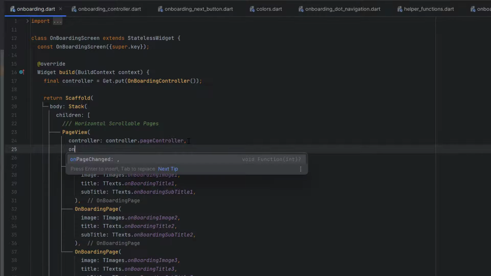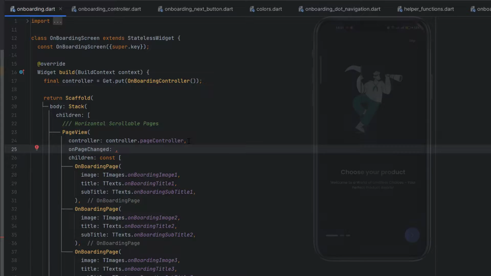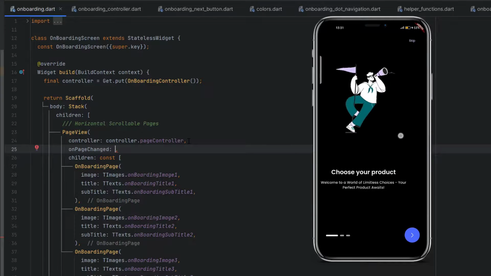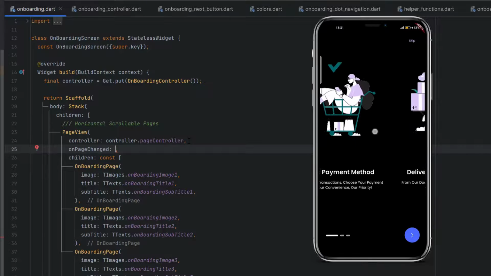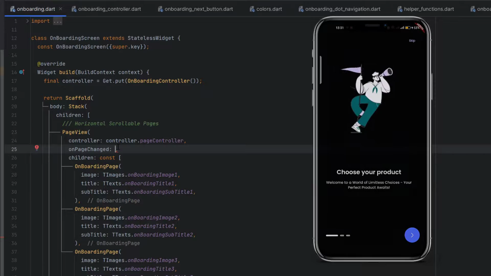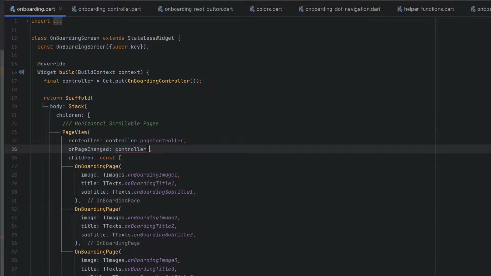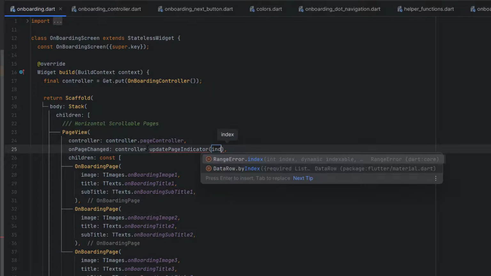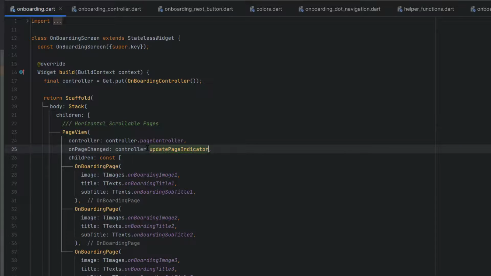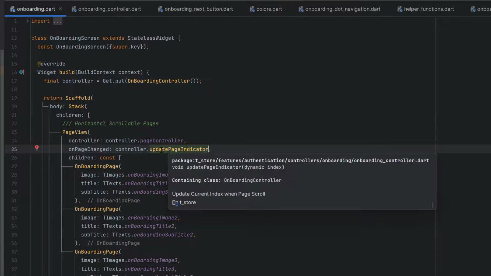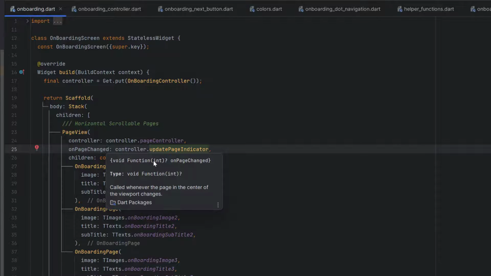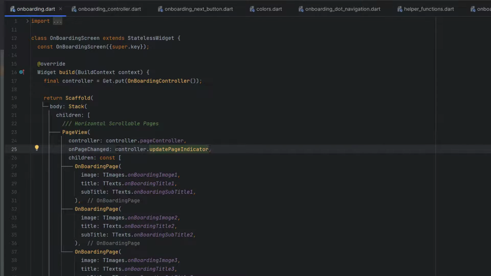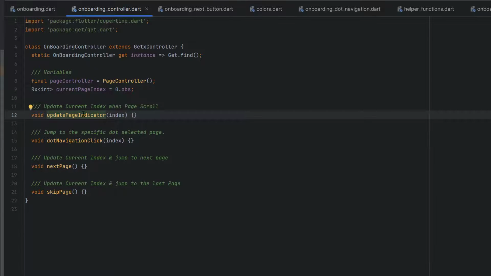And next we have another keyword for when the page is going to be changed, either by swipe method. You can see when I swipe, the page is changing. So this change is going to trigger this on page change method. So simply use controller.update page indicator. You can also pass the index over here, but if you are not going to pass any index, it will automatically detect and pass the index, because when you hover over this on change, it is giving us some integer. If we're not creating a function with a parameter, it's directly going to pass the integer to this function.